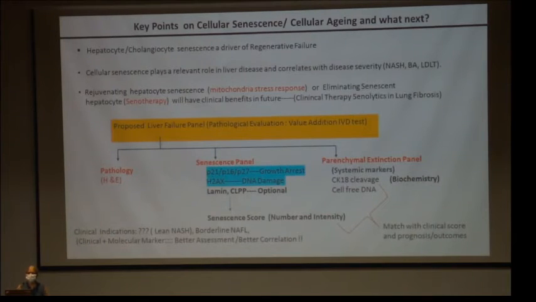So if you kill it, there is a possibility that there is regeneration. And this approach has been very nicely used in osteoarthritis by just injecting the xenotherapeutic agents in clinical trials in the knee. So for ILBS, what we are proposing is, you all have the liver failure panel with biochemistry. Can we add these markers we have, and will it give any value addition or not? And especially it has to be done with pathology, not in isolation.